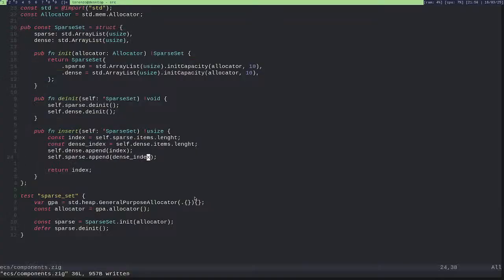So the actual entity index should be allocated externally, from another place here.